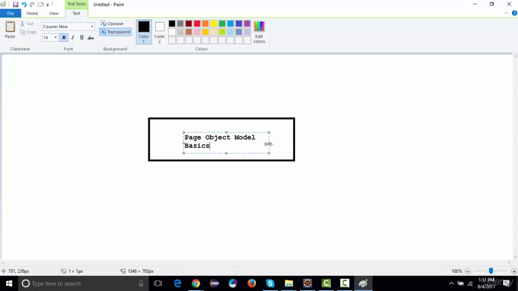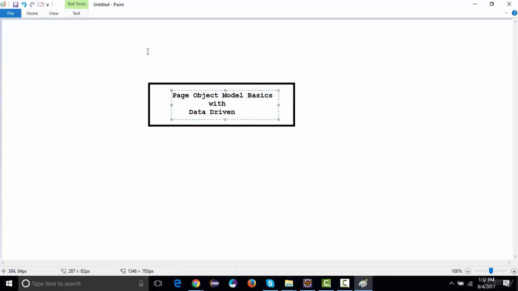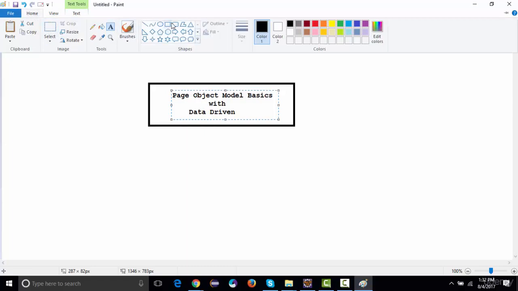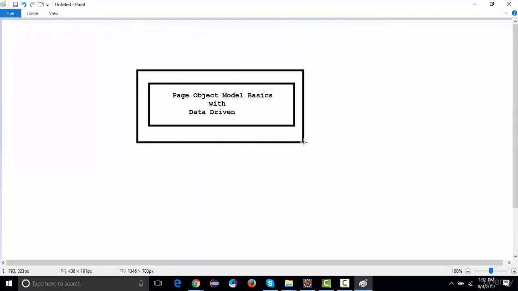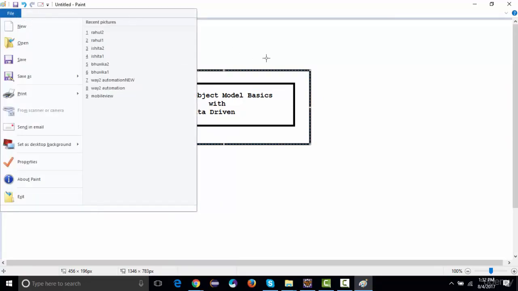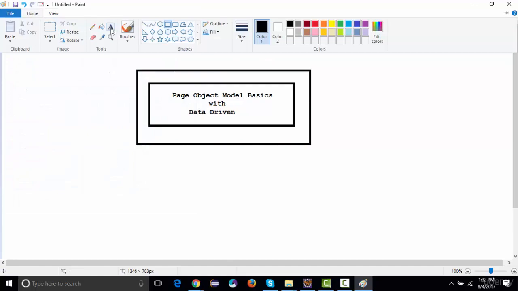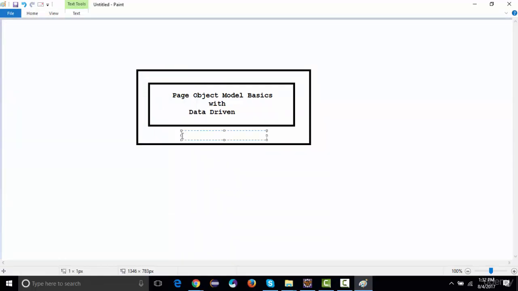And then on top of this, I'll be merging this with data driven, right? And then I'll add a layer on top of it, which will be your page factories. So on top of it, I'll be adding page factories.